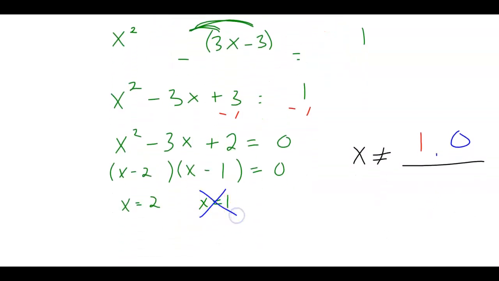So this answer actually doesn't work. If you plugged that number into the original equation, the denominators would be 0, okay? So that's where these excluded values are really important, is when it becomes an equation. So actually our only answer here is 2,